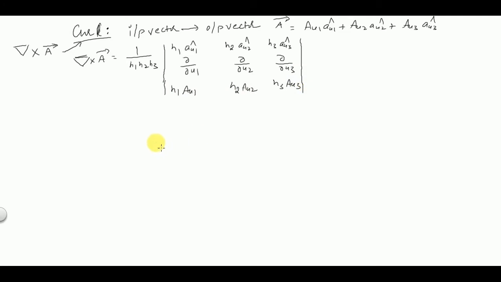Okay, so this is the generalized formula for the curl operation,